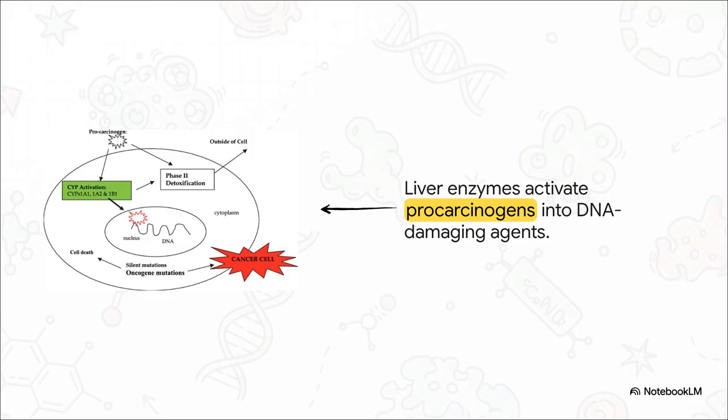There's a deeply tragic biological irony when it comes to chemical carcinogens. Many of the chemicals we ingest aren't actually dangerous at first. They're basically inert. But when they enter our cells, our liver's own detoxification enzymes step in to try and metabolize them. In doing so, our own bodies accidentally activate these chemicals into highly reactive molecules called electrophiles. And those electrophiles aggressively attack our DNA. We essentially armed the bomb ourselves.